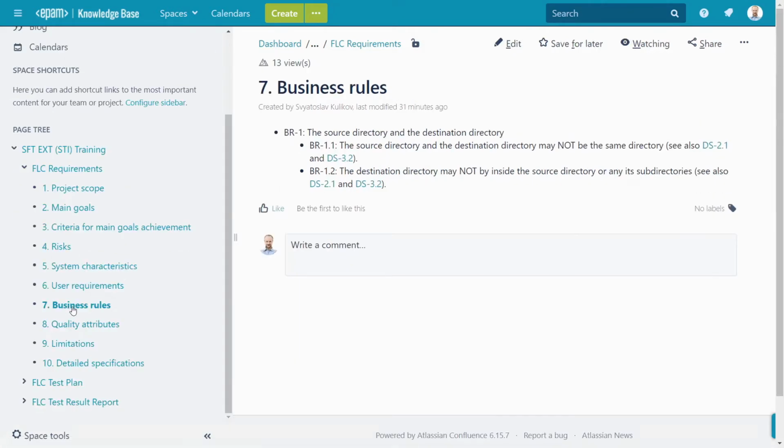There may be business rules. This section describes some information that comes from some industrial standards or some traditions in some business or some subject matter, and so on. And here we have 2 business rules. Where did they come from? We do not know. Maybe for some reason it's a tradition in that organization we are developing this software for.